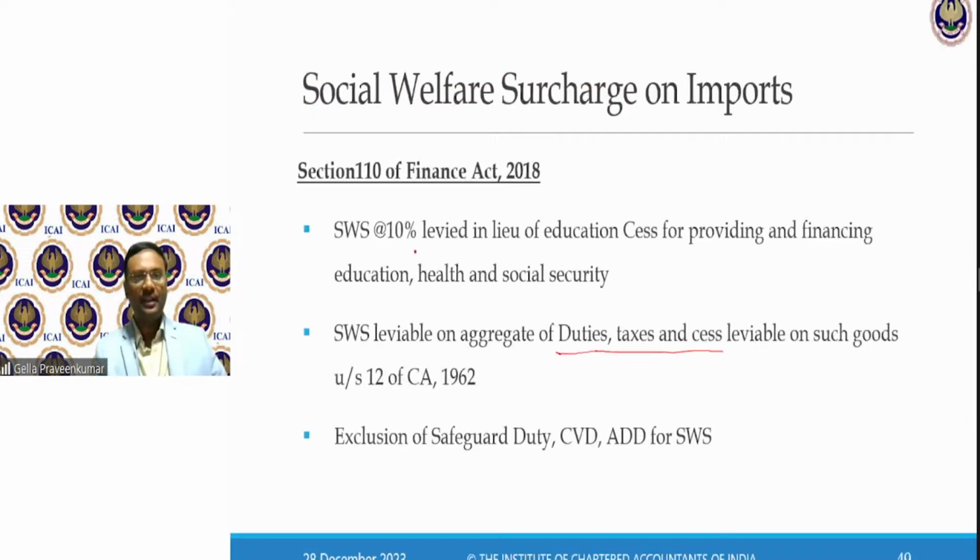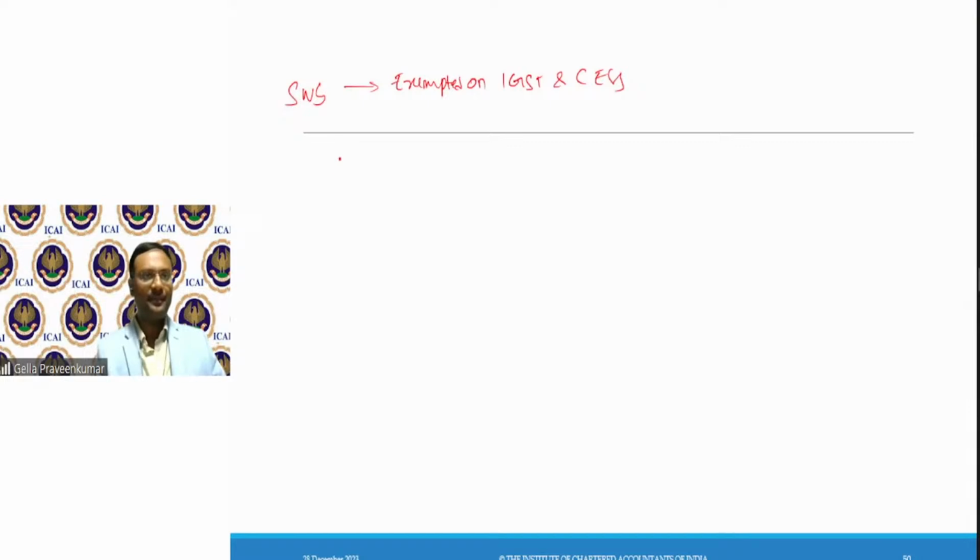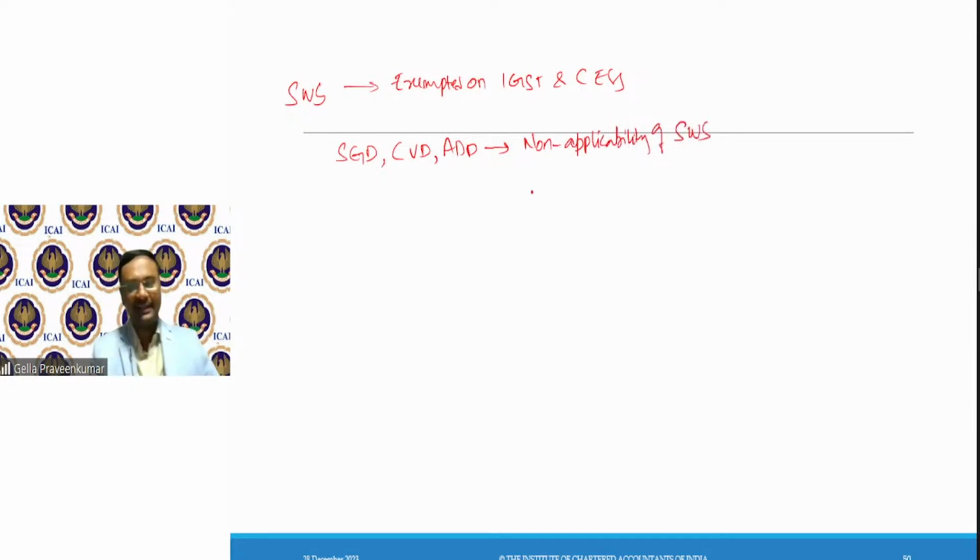Also, they say social welfare surcharge is excluded for computation of safeguard duty, CVD, ADD, and SWS itself. Safeguard duty, CVD, anti-dumping duty. Non-applicability of social welfare surcharge, SWS.